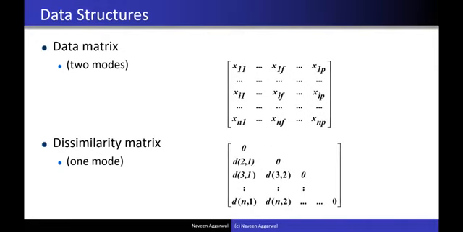So in the last session we discussed clustering algorithms. We start with a data matrix containing all the records, all the examples. These examples may have p features, and there could be n examples. Then we have to create a dissimilarity matrix, which we also call a similarity matrix or a distance matrix, by calculating the distance between each pair of records.